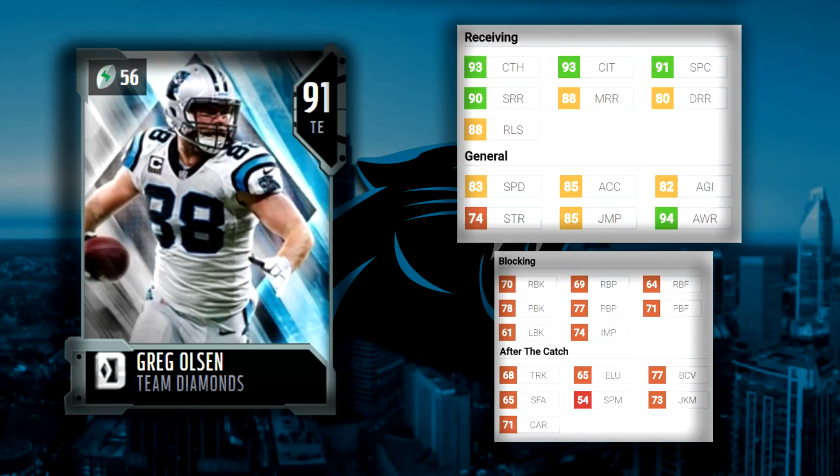Finally, Greg Olson. Clearly the best tight end. Let's be honest, it's definitely Greg Olson. The one thing is, he does have Luke Kuechly that will go into the set to get him, which is going to be tough, just coin-wise to afford him. But